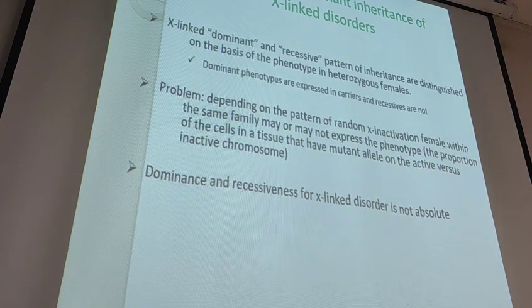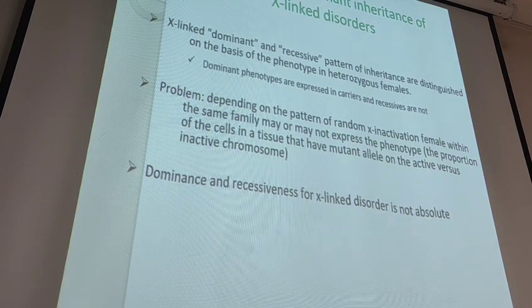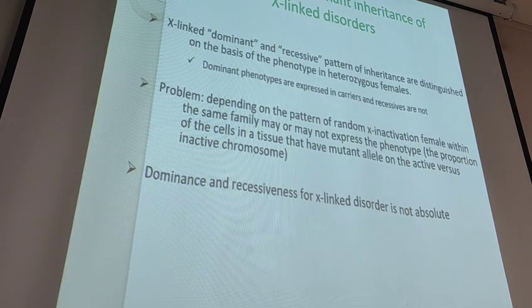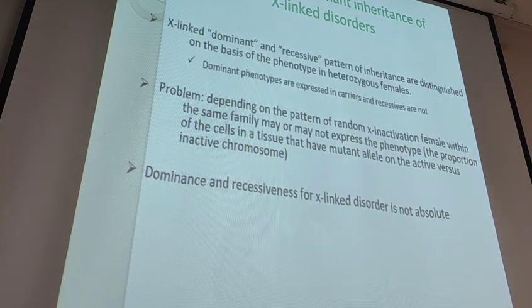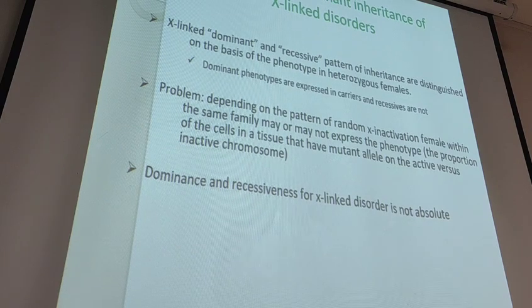So in males, for genes that are located on chromosome X, you cannot use the term dominant or recessive for them, because they have just one X chromosome. Okay, but in females, if in heterozygote situation they will have the phenotype, we call them X-linked dominant. If in homozygote situation they will have the phenotype, we call them